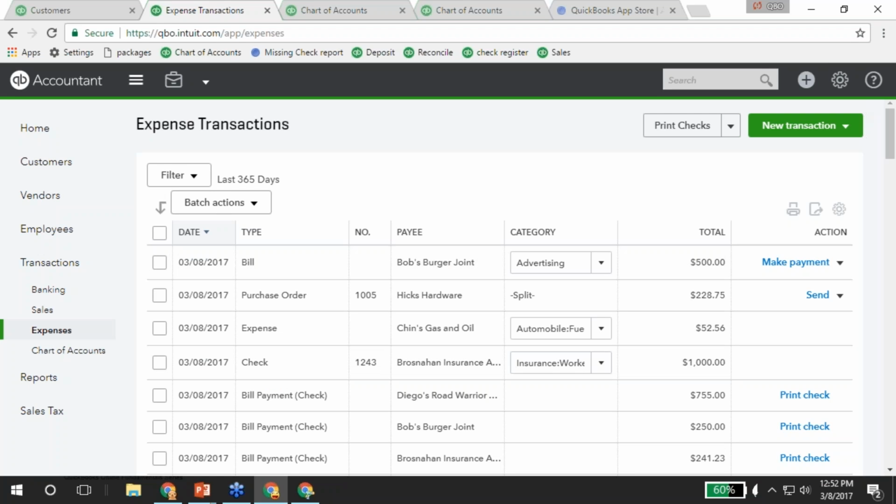Okay. Somebody says, can my practice use QBO while servicing desktop clients? You can have both. You can have some desktop clients and some QuickBooks Online clients. So you can have both. I, though, have tried to get all my clients onto QuickBooks Online, and I won't accept any new desktop clients. I don't like working with desktop anymore. It's just no fun. It's too time consuming and it's too inefficient trying to get files from the clients and